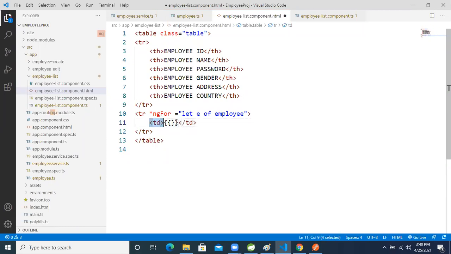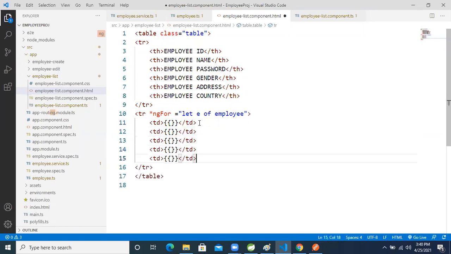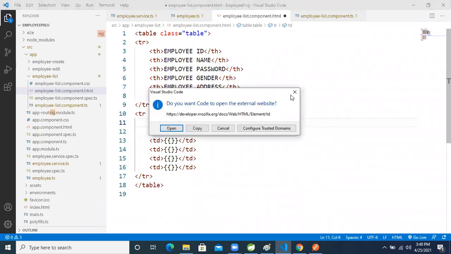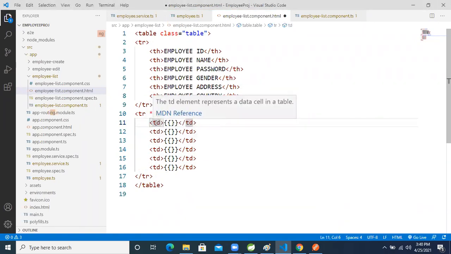Okay, double curly braces also we are taking. Now copy this one, 1, 2, 3, 4, 5, 6.